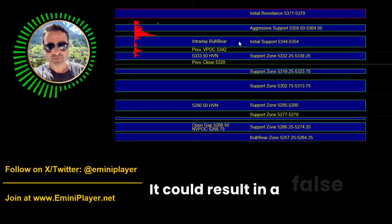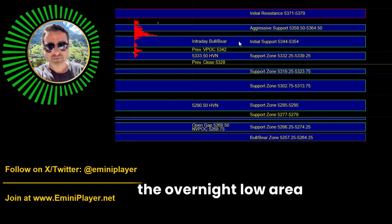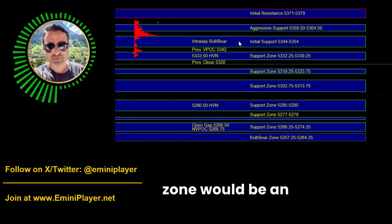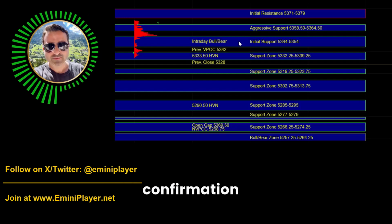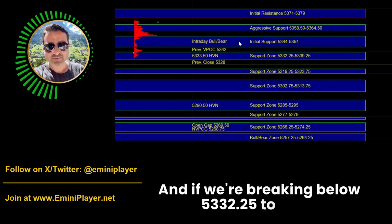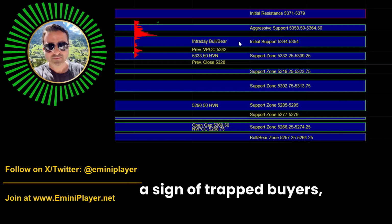It could result in a false multi-day breakout pattern, which is a bearish pattern, and it can then result in a test of the overnight low area at 53.32 quarter to 39 quarter, and a break and hold below that zone would be an intraday bearish indication. At that point, we would have more of a confirmation that the overnight breakout attempt has failed, and if we're breaking below 53.32 quarter to 39 quarter on sustained downside momentum, which would be a sign of trapped buyers, then